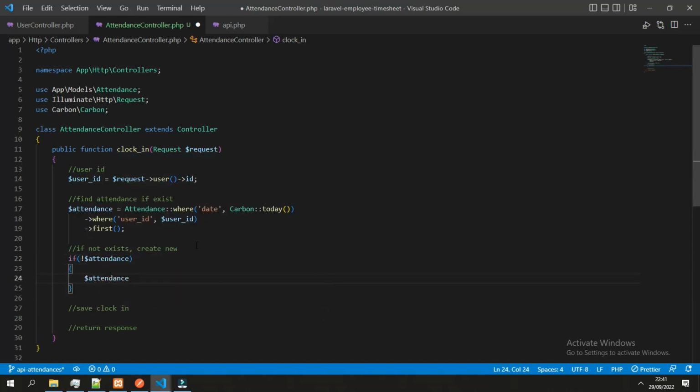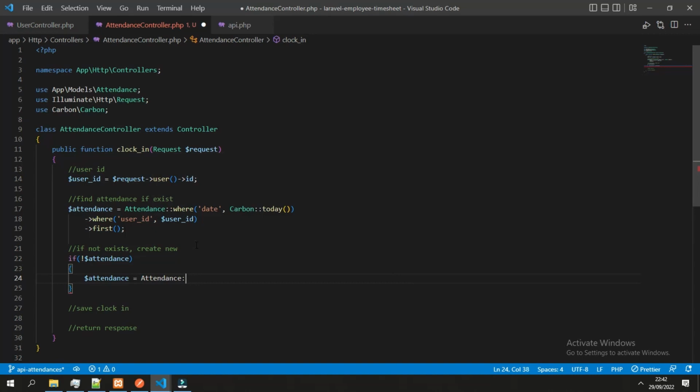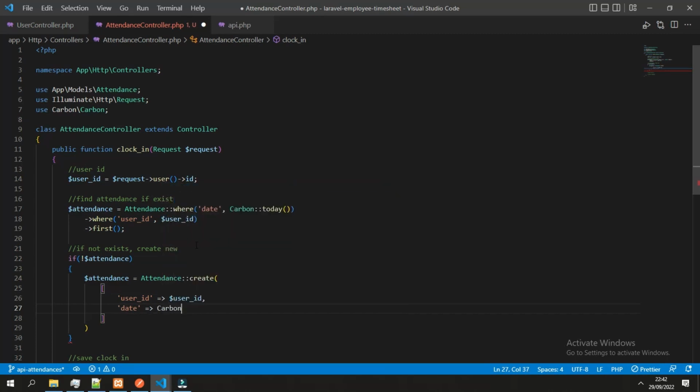So attendance is attendance create with the parameter of first user ID, which we can get from the user ID object from above. Next is the date, which should be today, so we will gonna use the Carbon function again.